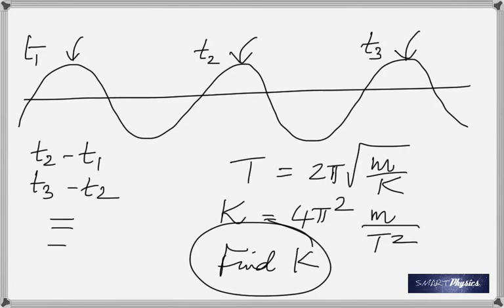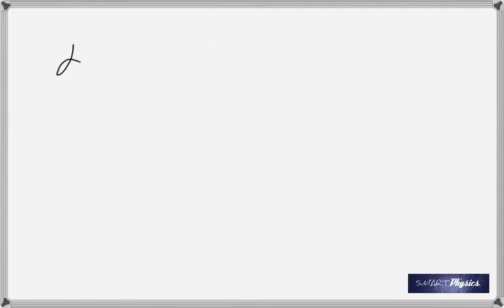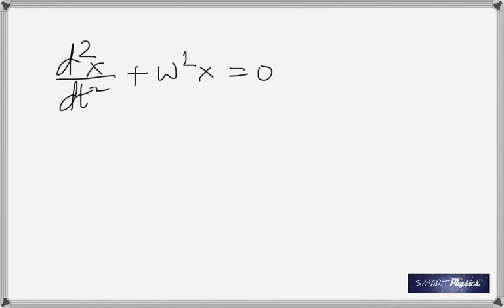This is the method that you're using. I just wanted to write that d squared x by dt squared plus omega squared x is equal to 0. Didn't we get that? And the last thing is omega is root